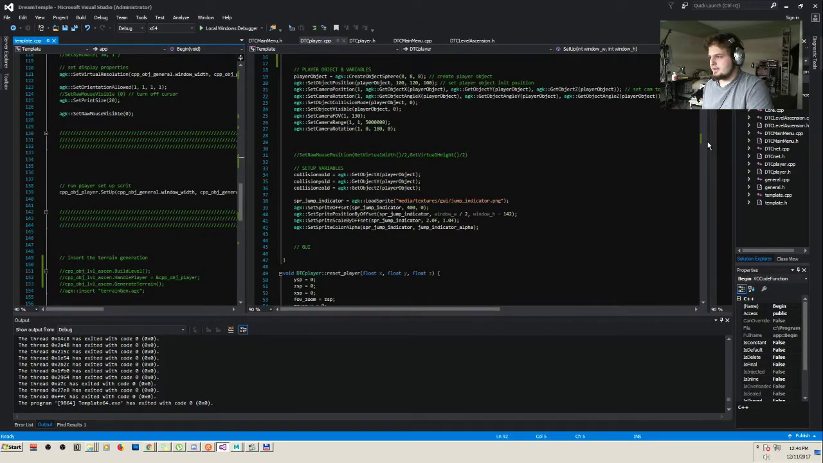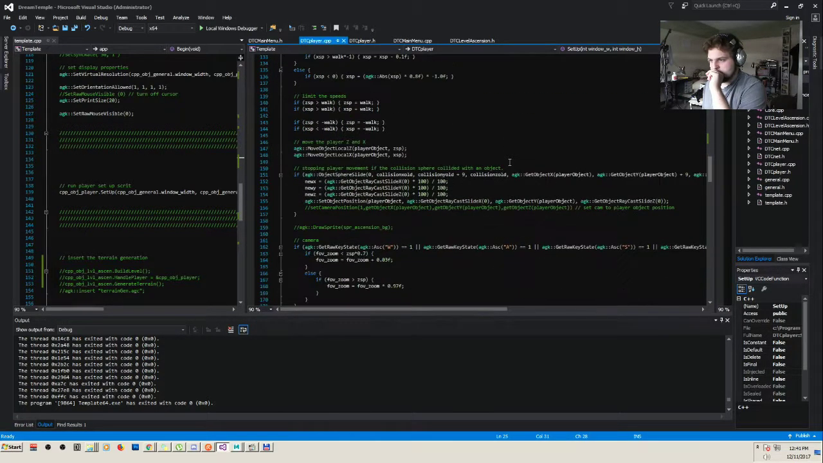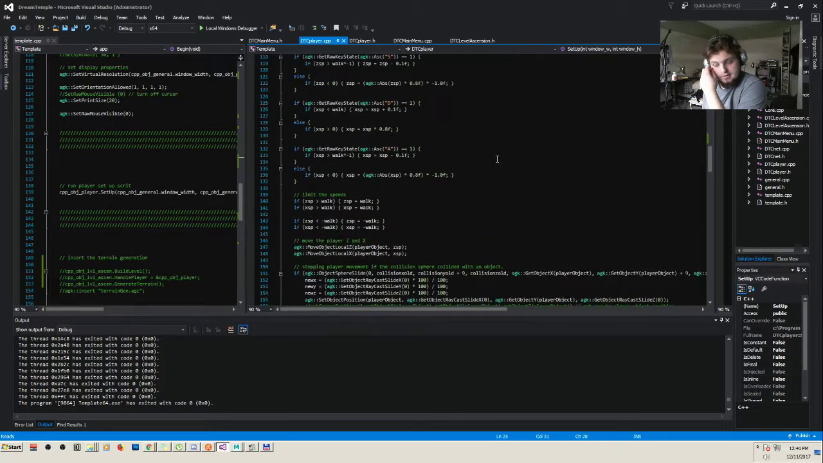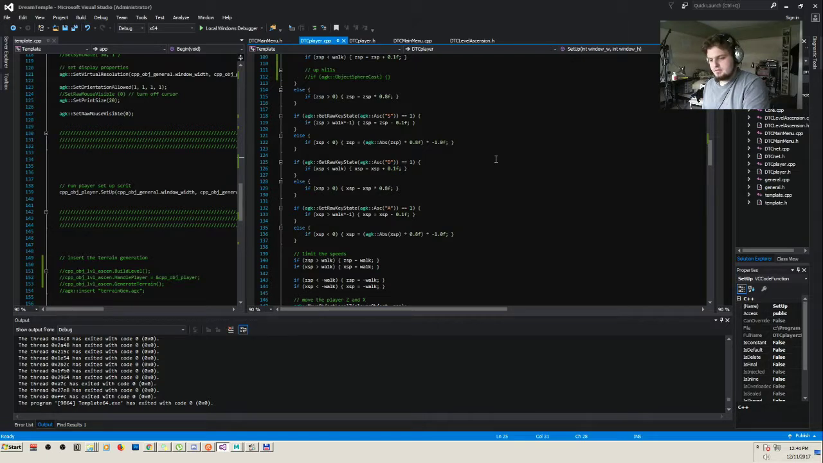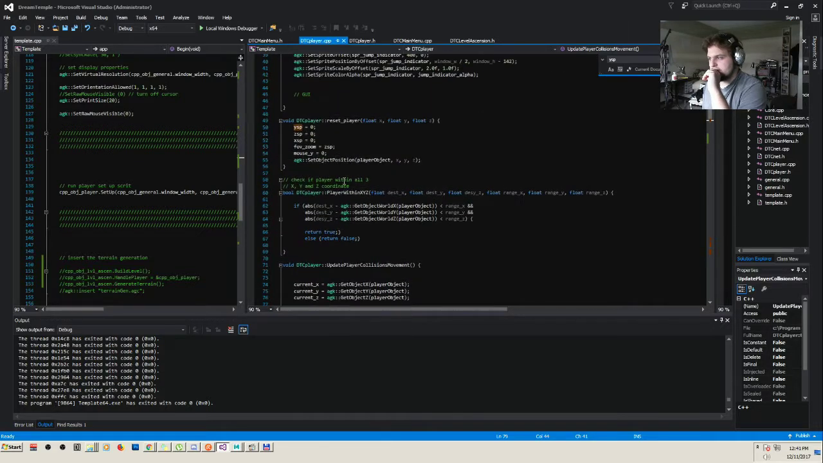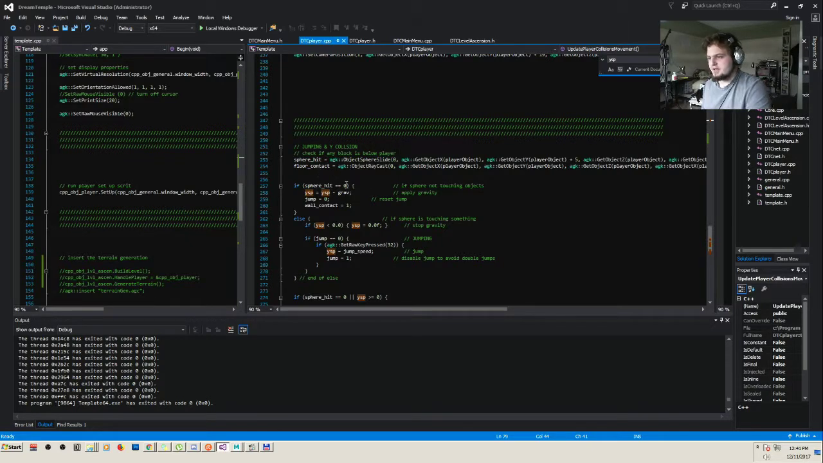Also, here's what I need to do, technically. Where's my gravity? And it's YSP. Move local Y. Yeah, that's what I need to do. So before I do this, if sphere hit does not equal to 0, apply gravity. And sphere hit does not equal to